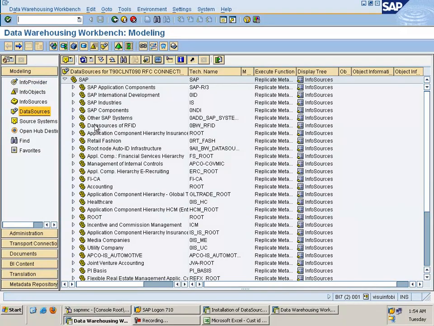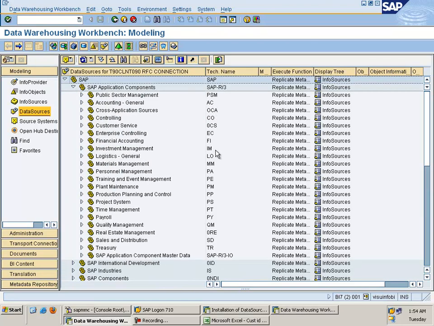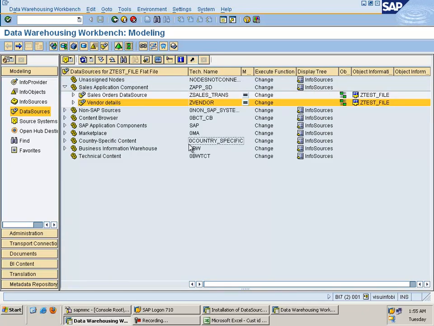Hi guys, as we have created the master data, in the characteristic we have to create a data source in order to load the data. For that, we have to create an application component. As you can see, all these application components are for business content, and we have to look for the Flatfile. So this is the business content connection, and we are looking for Flatfile as we have created the z_test_file source system for the Flatfile loading. Once we get into that, we are now able to see our Flatfile extractors,